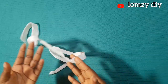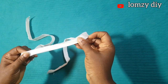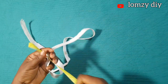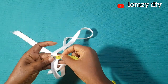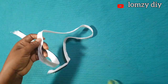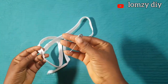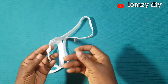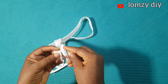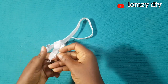To make the loops, I have bias that I have cut out. The measurement I have is 1.75, and after folding it I had to sew away 0.38. I sewed away 38, remaining the other one for the loops. I'll go ahead and use my safety pin to turn this. I don't have a loop turner. If you have a loop turner, you can use it, or any other means you know how to do and